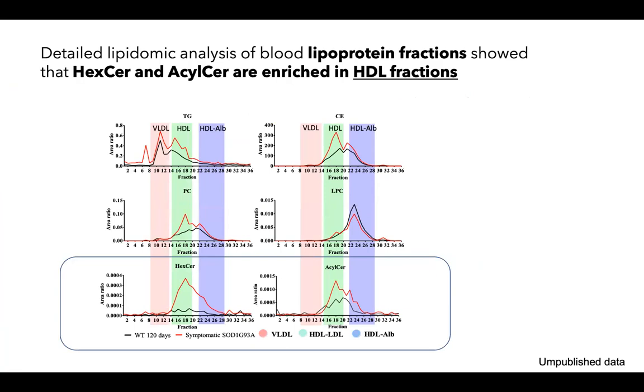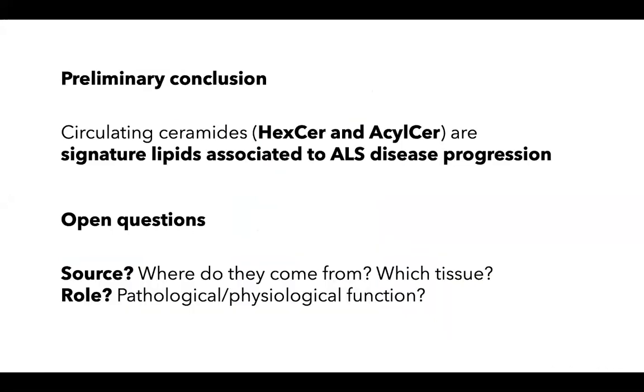So we fractionated the lipoproteins in the plasma, and we could find that exosylceramides and acylceramides are enriched in the HDL fractions. Like here, you can see that they are enriched in HDL fractions. So the preliminary conclusion for this part is that exosylceramides and acylceramides are signature lipids that are likely associated to ALS disease progression,